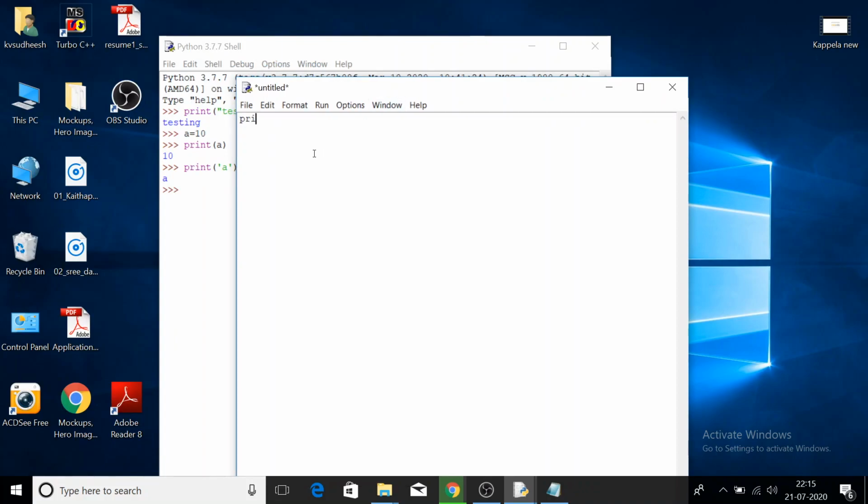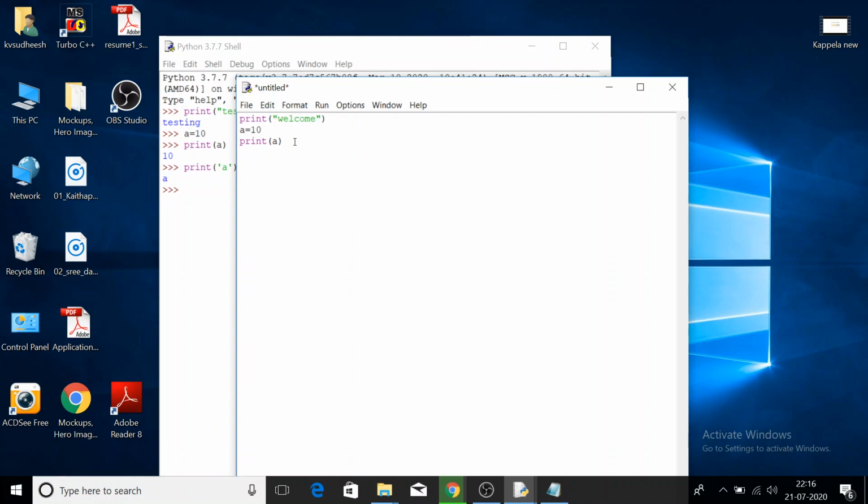For example, print welcome. Suppose you have to add one more statement: let the content of A be 10, and you want to print that A also, then print A. This is your script.